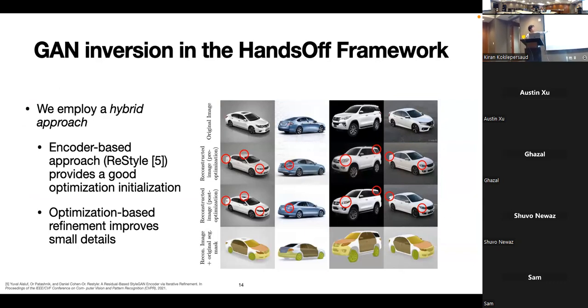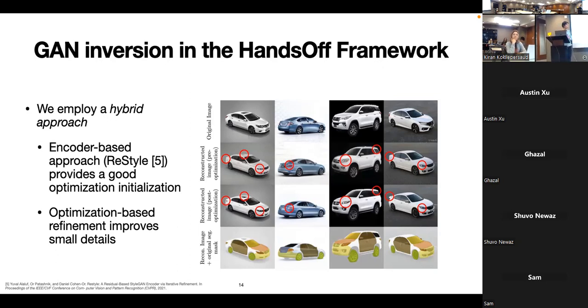So the encoder here produces an initialization. A lot of the time, the encoder produces images where the high level reconstruction is good, but some of the small details need a little bit of fixing. So we obtain an initial latent code from the encoder, and we pass that through an optimization-based refinement. That's essentially a starting point for an optimization-based approach. And so this method cleans up a lot of the smaller details, and it results in better alignment